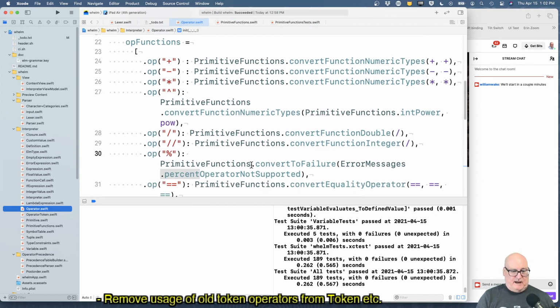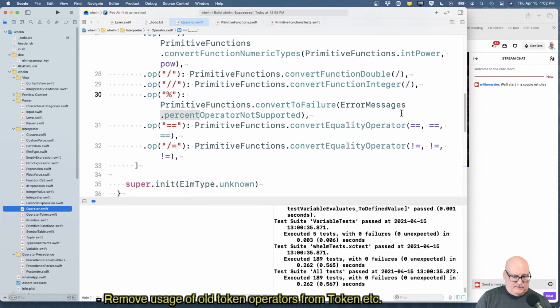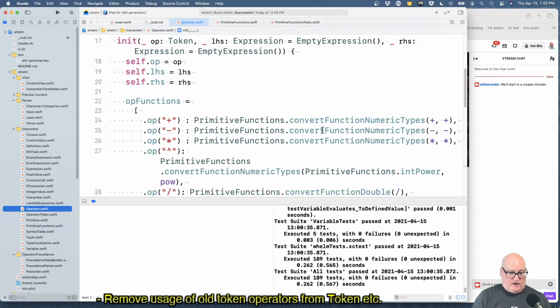Each one of those gets mapped to a primitive function that, like the first one, convert function numeric types, handles integer and floating point addition. And we have some for Booleans, convert equality, integer, floating point, and custom values. All right, and let's see. So we're going to get rid of this class because somewhere else,